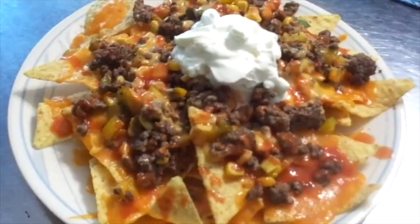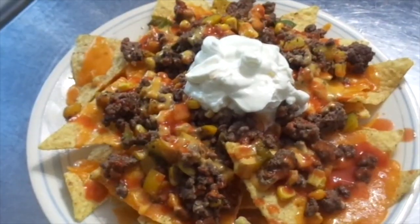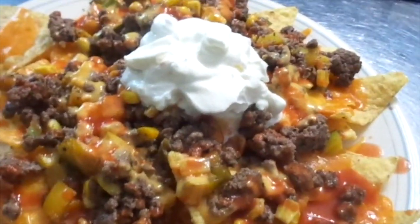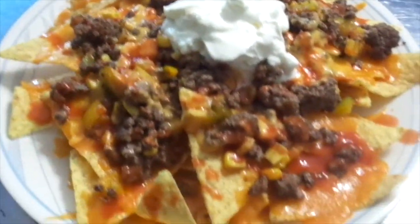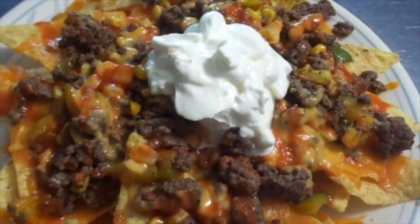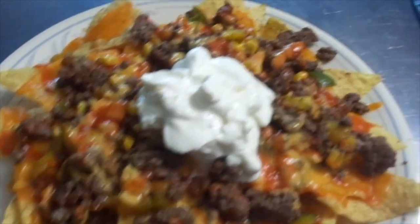They're wonderful people. So my darlings, here's what we're having for dinner tonight. Nothing new, but I made nachos. Rob's got, my hubby, he already has his plate of nachos, and this is mine. It's just ground beef. We had some corn left over from the night before, so I put some corn in with the ground beef, and if you can believe it, we still had like 2 peppers left that my hubby grew from the garden from last summer. So I chopped up some of the pepper and put it in with the ground beef, and then the grated cheese, and there's the tortilla chips, and I put some hot sauce